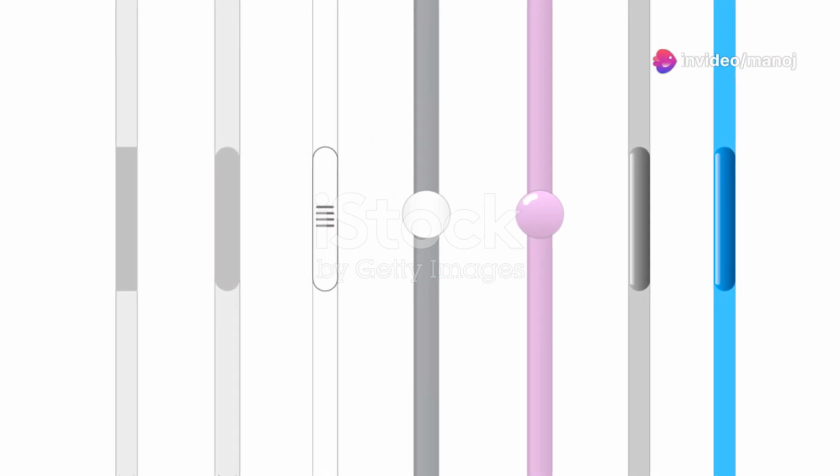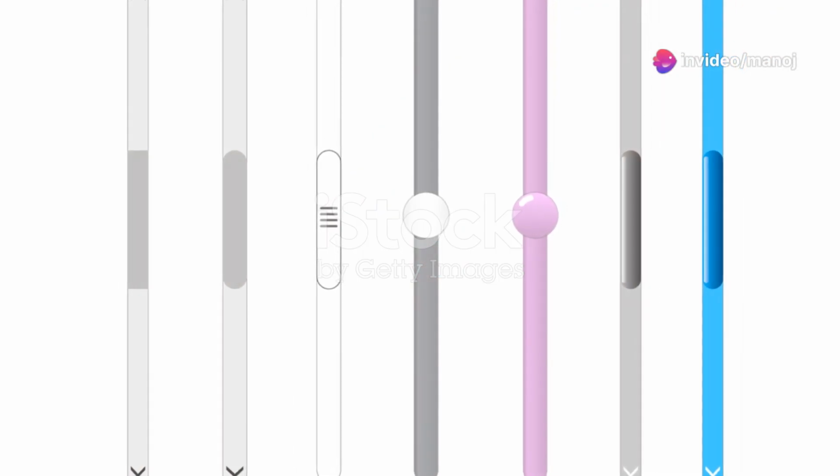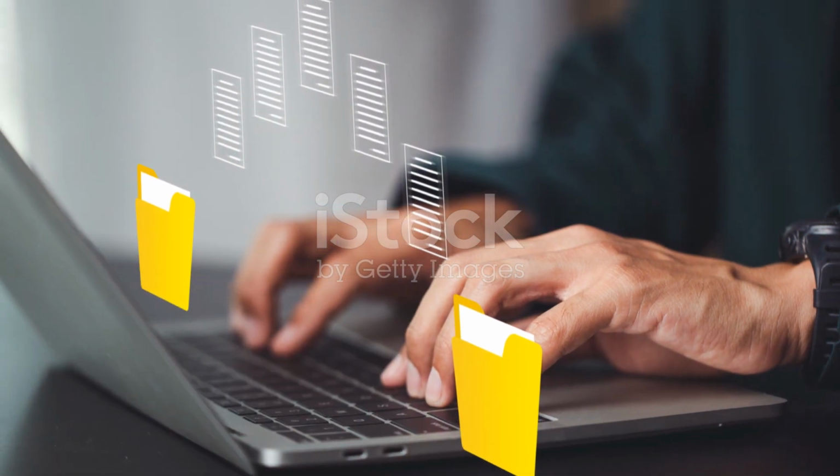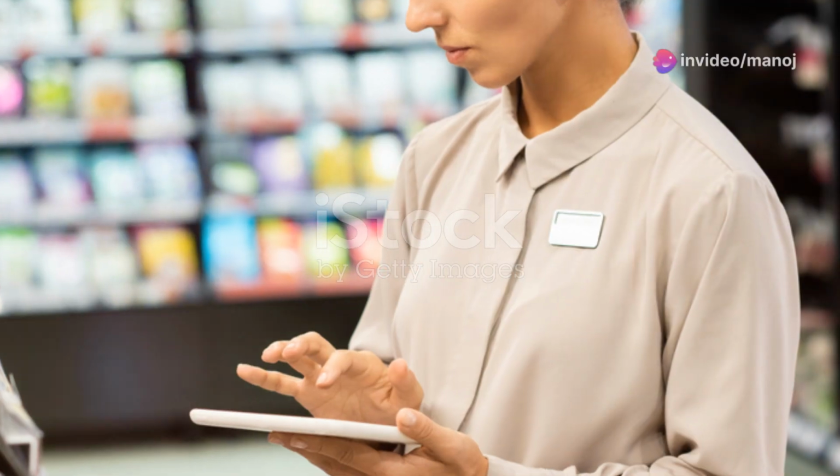4. Zooming in and out. Use the zoom slider at the bottom right corner. This helps you see more or less of your sheet without changing the data. Practice these navigation tips to become comfortable with moving around Excel. Next, we will learn